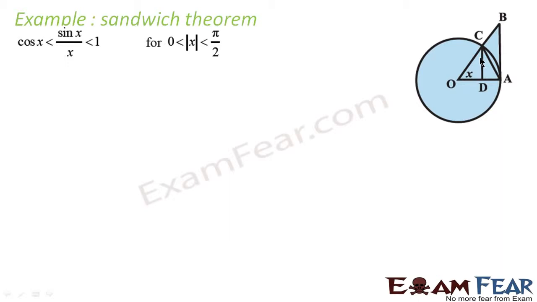If you take this triangle, with the three dotted points I have made, the area of triangle OAC will always be less than the area of this sector OCA. I'll put a dot here again. This sector which you get, and this area will always be less than the bigger area, this one, that is OAB.